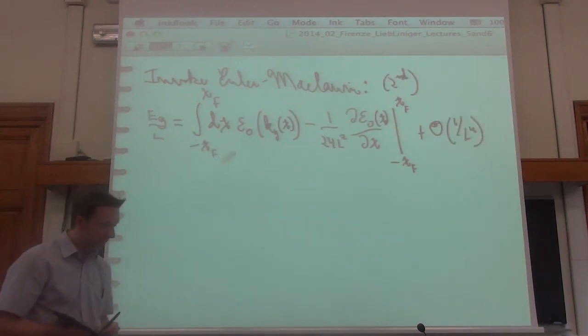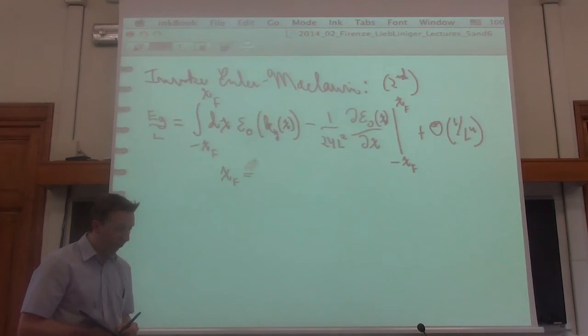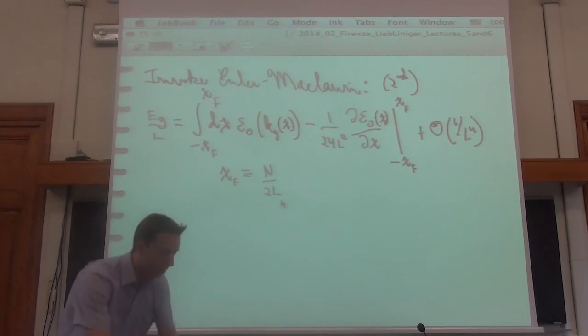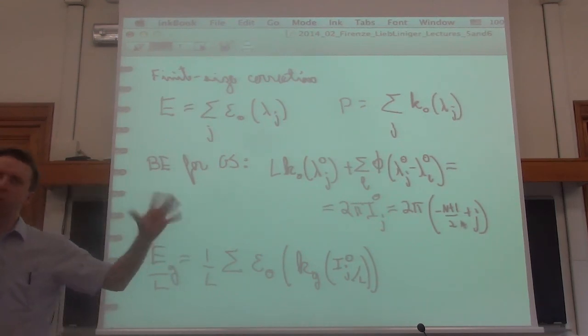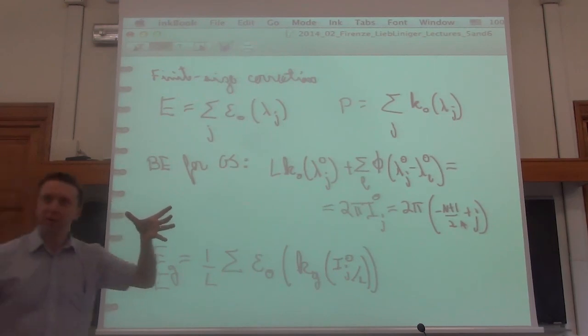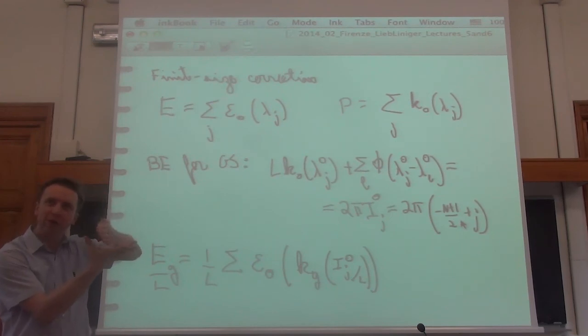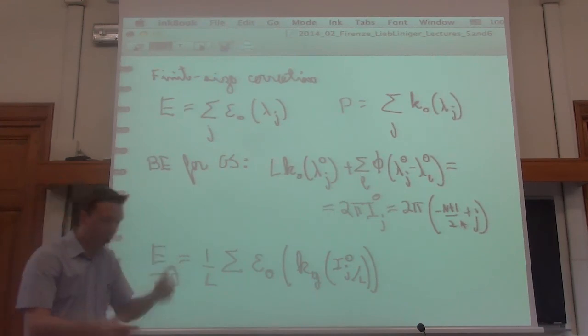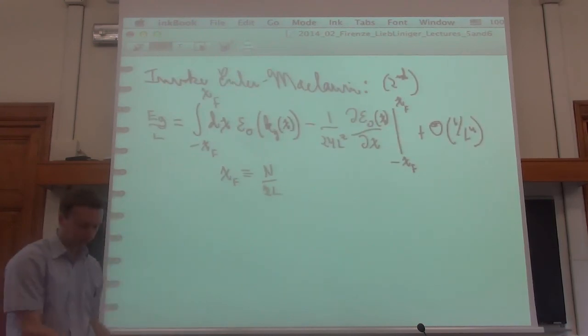So this xf here is just the limit of quantum numbers that we have for a certain filling, and we define it here as n over 2L. If you go back to the quantum numbers of the ground state, you know that the last quantum number is n minus 1 over 2. So you just go a half step beyond. The Fermi boundary is just a half step between the occupied quantum number and the next available quantum number. And this means that this quantum number over L is just defined as this.